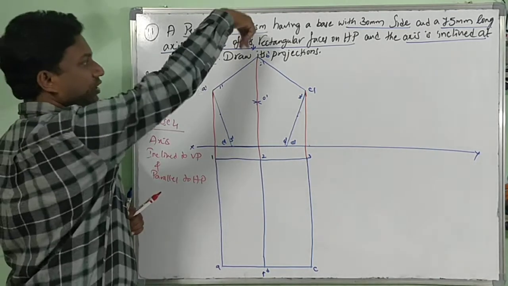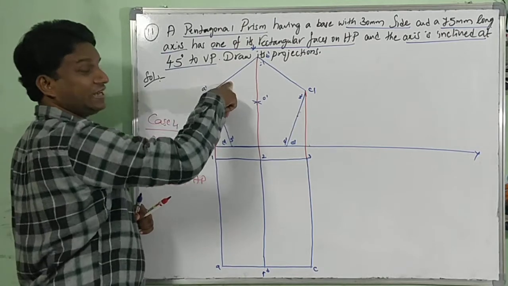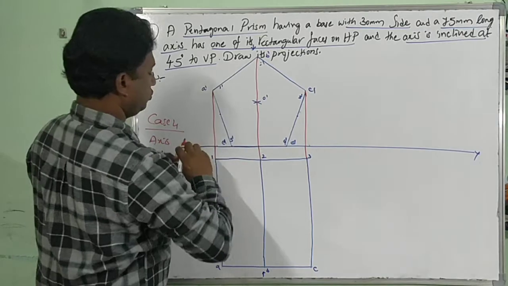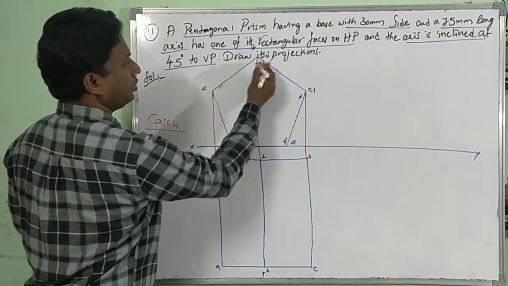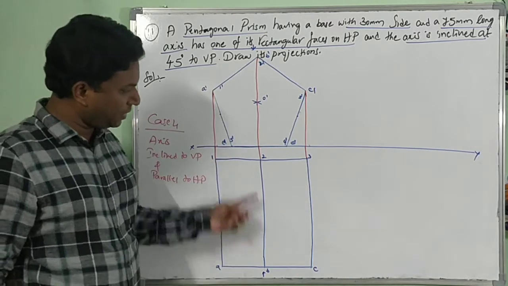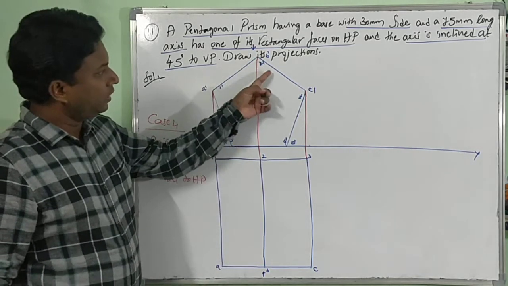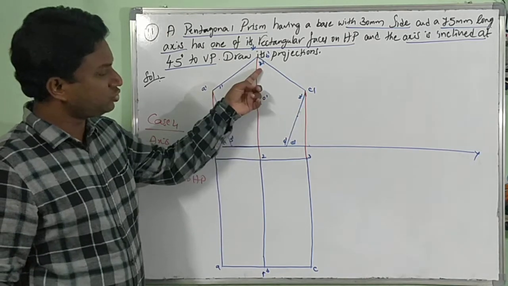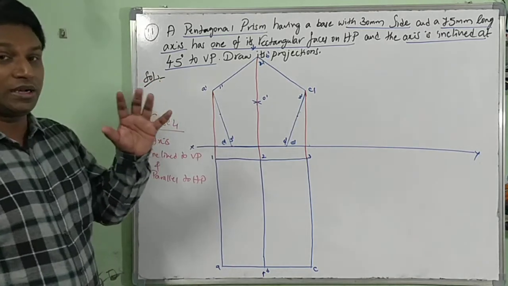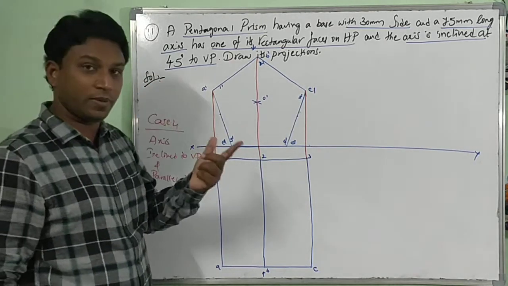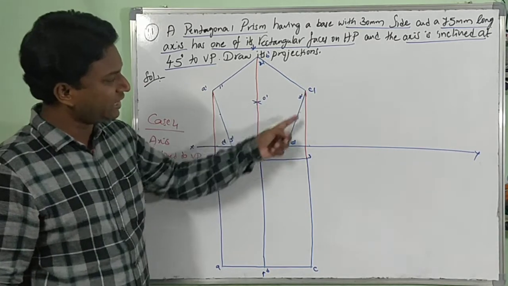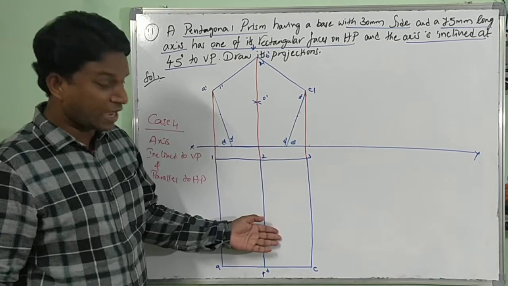When you are looking from top, this is a rectangular face, A, B, 2, 1. A dash, B dash, 2 dash, 1 dash becomes A, B, 2, 1, clearly visible. B dash, C dash, 3 dash, 2 dash becomes B, C, 3, 2, clearly visible. There are how many rectangular faces? 5 rectangular faces. How about the remaining 3? The third one is here: C, D, 4, 3, that is C dash, D dash, 4 dash, 3 dash, which has to be shown here.